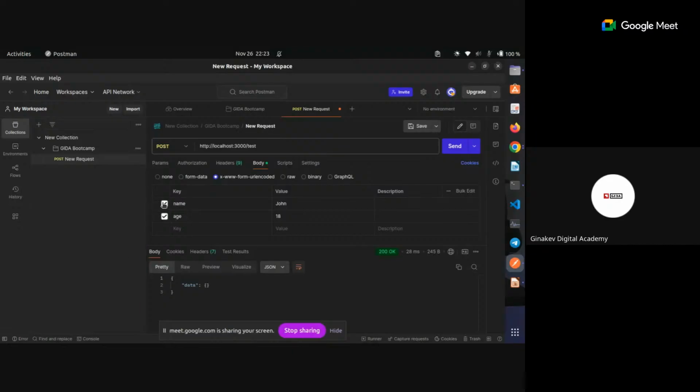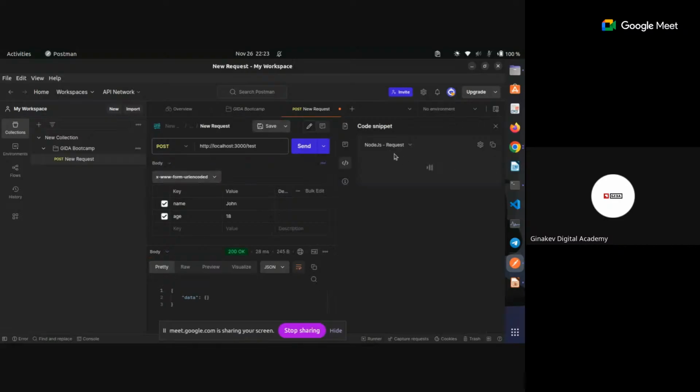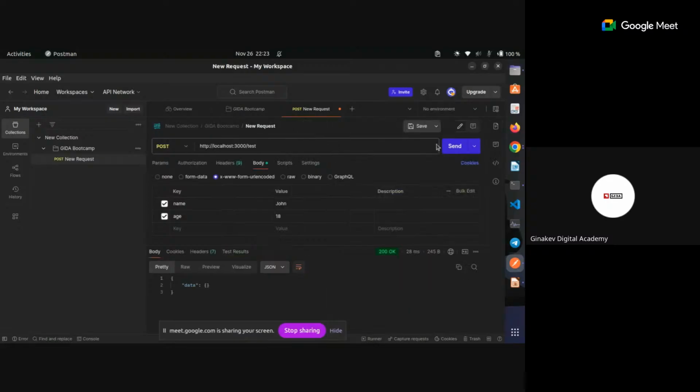You can see that Postman already ticked that it is going to send these two fields. And to also confirm that, I open this code over here. In this code, you are seeing that Postman is sending the data, name John, age 18, as the request body. But for some reason, when I click send,